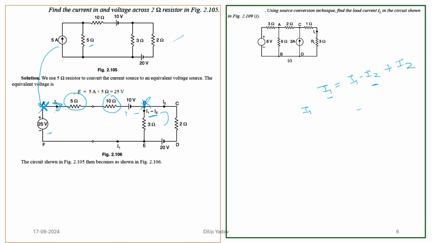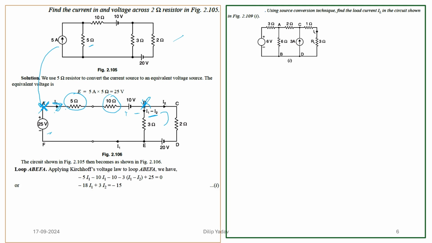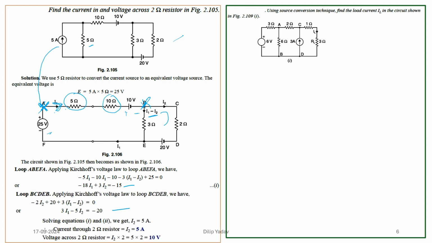Don't worry about this, because in the books everyone has a different concept of using it. I am taking a different concept, so you can go for that and calculate the values. For this equation, I can calculate the value, that is the first equation. Then we have the second equation. By using the calculator we can calculate the current, and then the current will be multiplied by 2 into I2, that will give me the 10 volt,